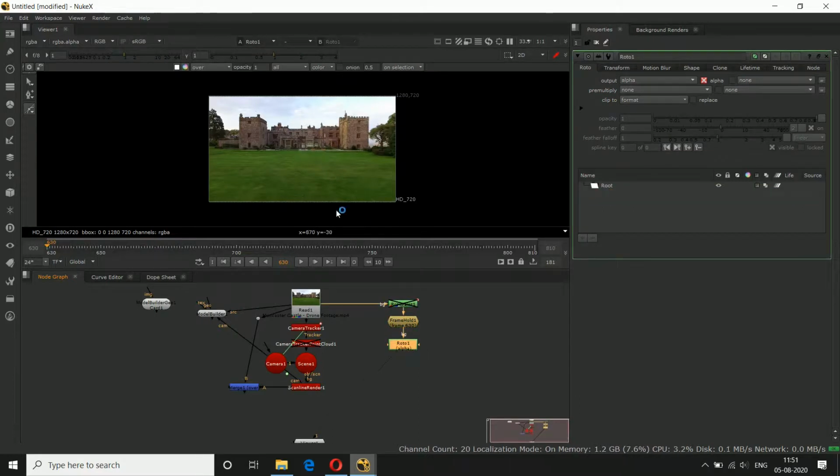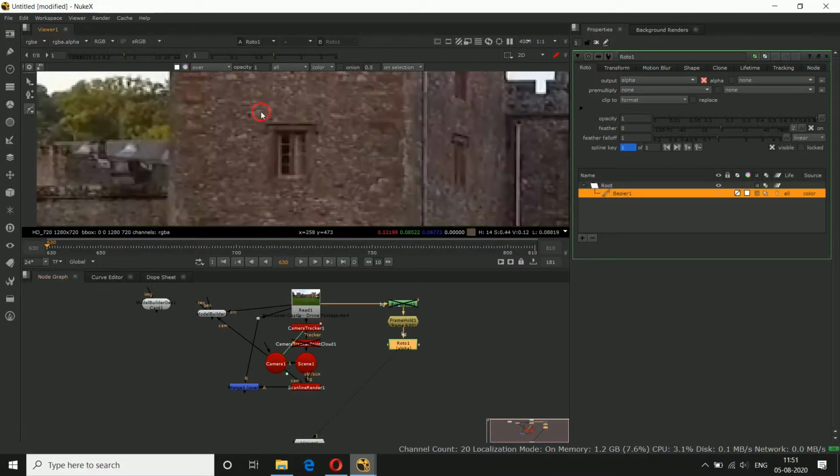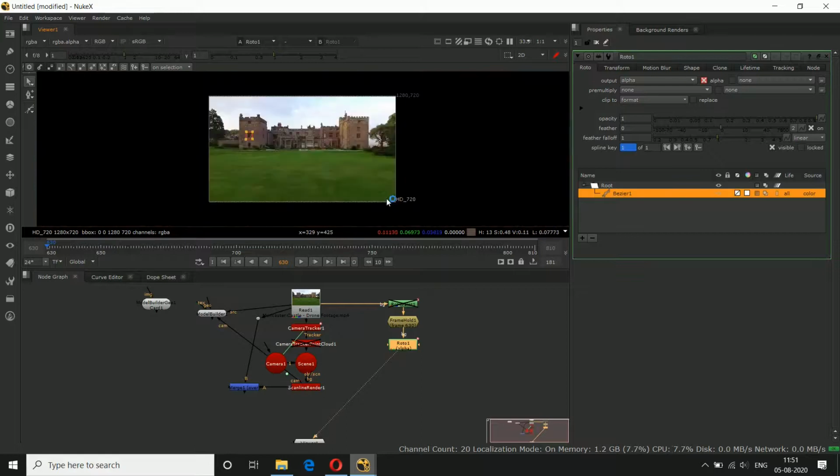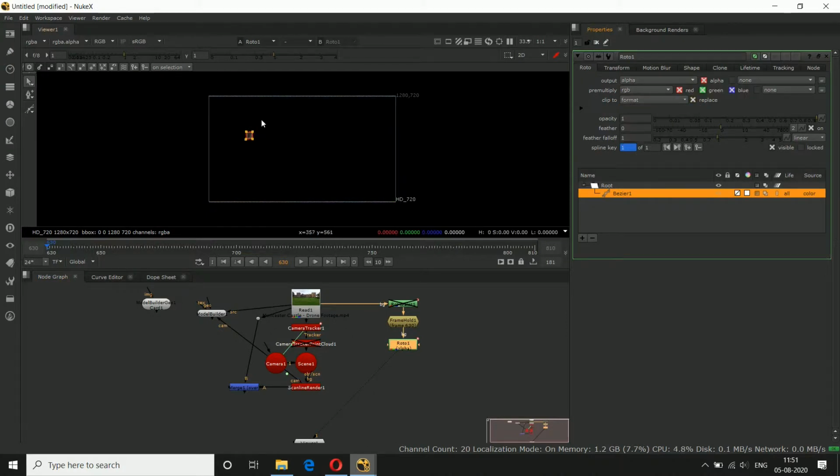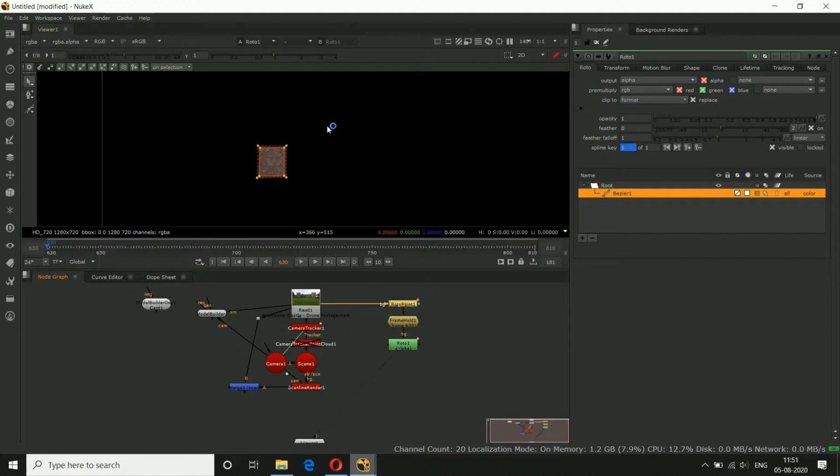We'll make a roto around the window, like this, and press E to give it a little bit of feather. Now we'll premultiply by RGB. Replace. Now we'll press D.